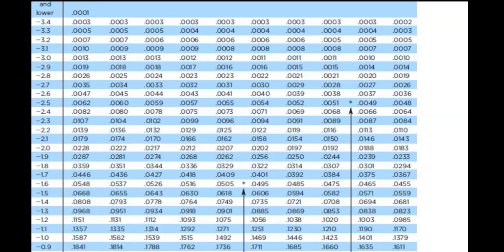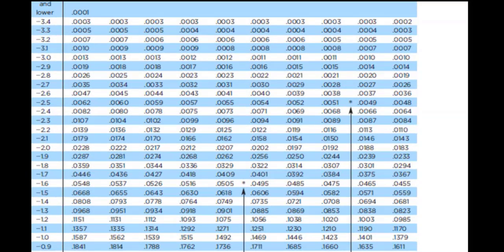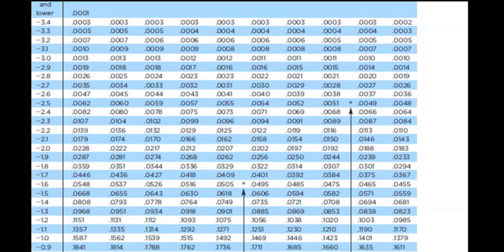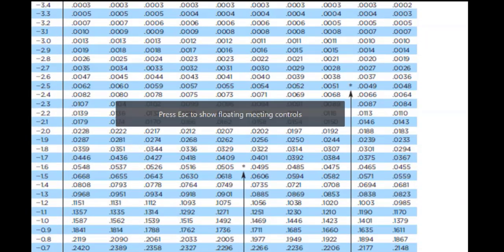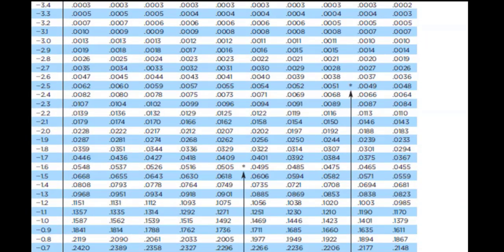You look for the number which is identical to 0.1 or very close to 0.1. So in this area, the body, we are looking for the number 0.1. Notice if we look at this number, so let me bring it up again. So this number is close to 0.1,